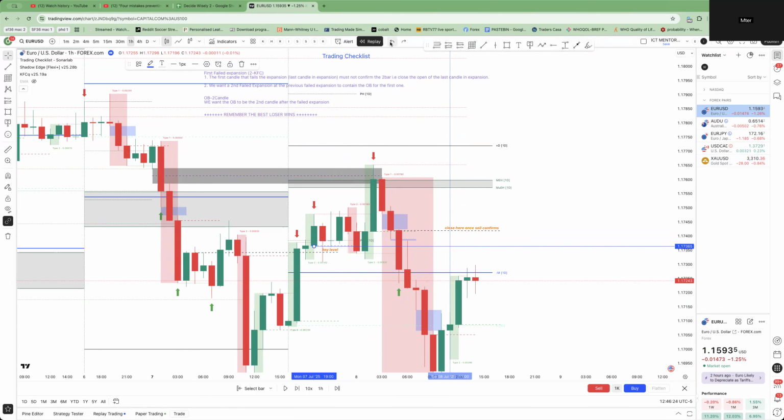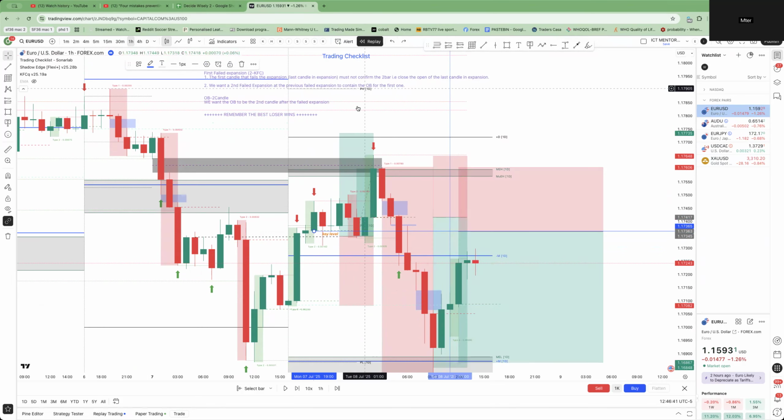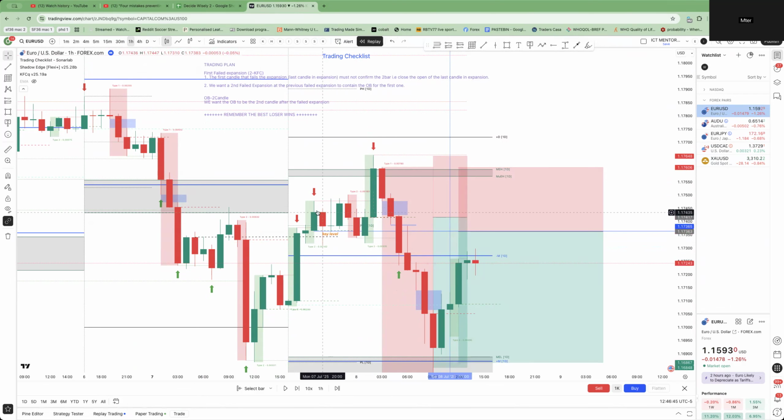We then try to return back to this, and I close this. So once it's confirmed, the OB doesn't confirm. Key level is where